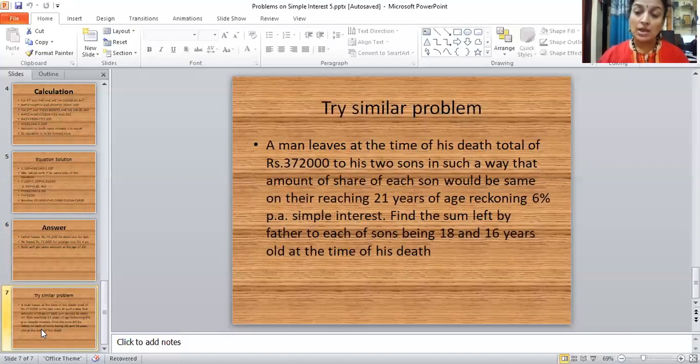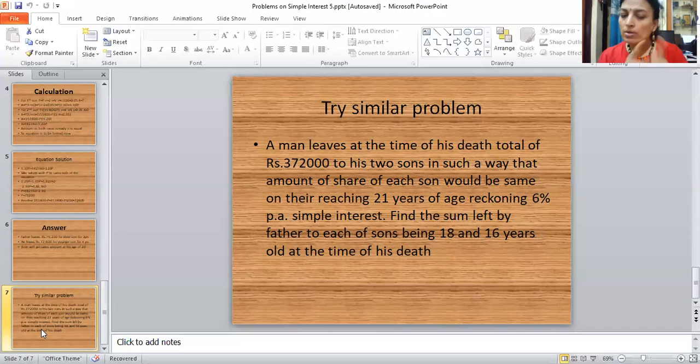And my dear students, I hope you have understood how the problem is being analyzed and how it is solved. And I request you to try this similar problem. Solve it on your own, analyze it, and then apply the formula and solve it. If you solve on your own, you feel satisfied, contented. So that is the beauty of the problem. When it is being solved, we feel that, okay, that's great, we have solved it. That kind of satisfaction will be there in our mind. So please rejoice that feeling.